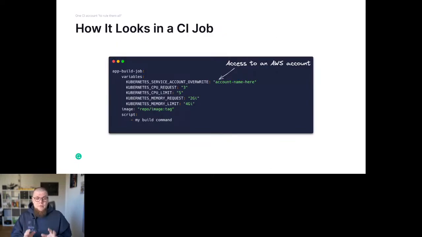But it is way much simpler for users. All they need to do is specify the account name in the CI configuration, and their CI job will be able to access AWS resources in that account. You might notice additional CI job variables in that example. This is how users can set the desired amount of resources per CI job, or for the whole pipeline, and that actually leads us to the next part of my talk: